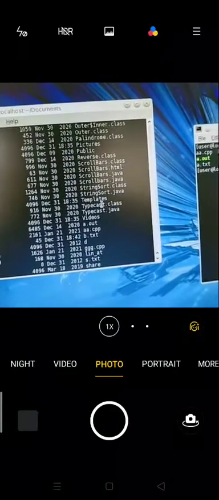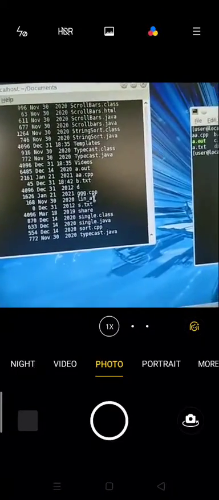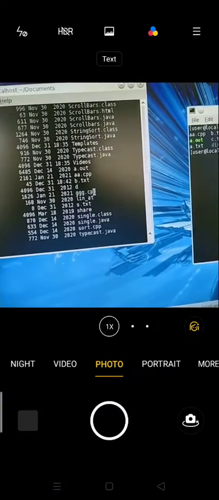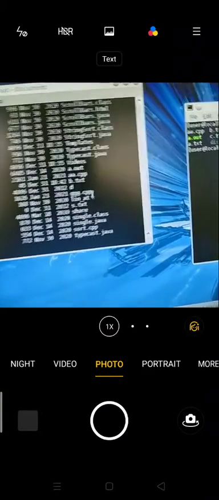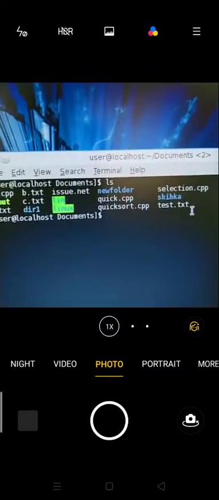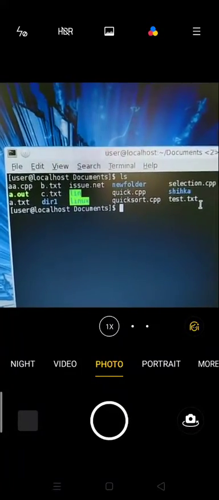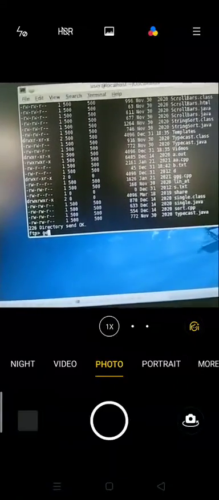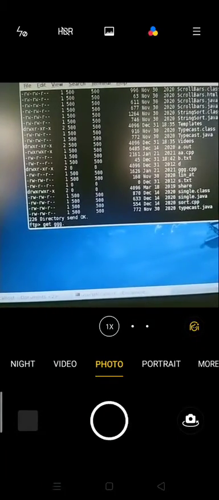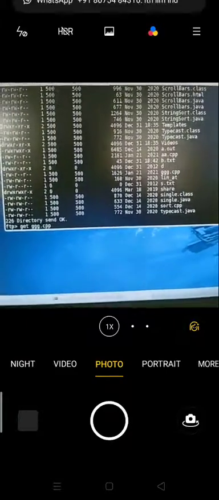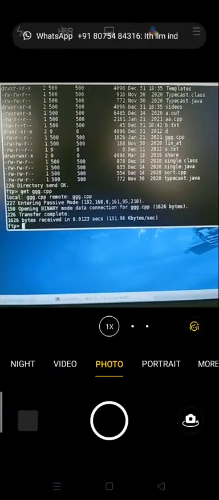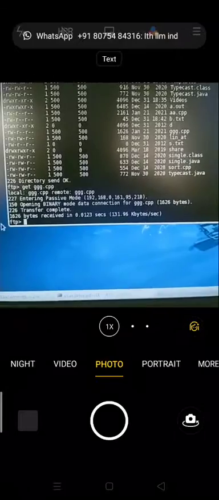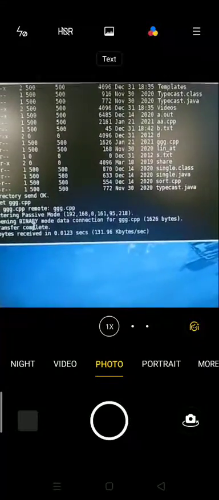You can select any one of the files. Here I have chosen ggg.cpp. That file is not in the client system. Now type the get command, get ggg.cpp. Now you can see ggg.cpp has been transferred from the server to the client.